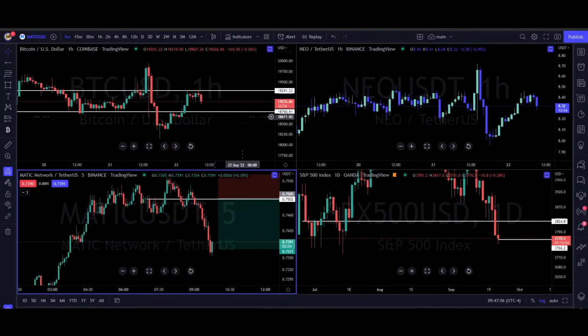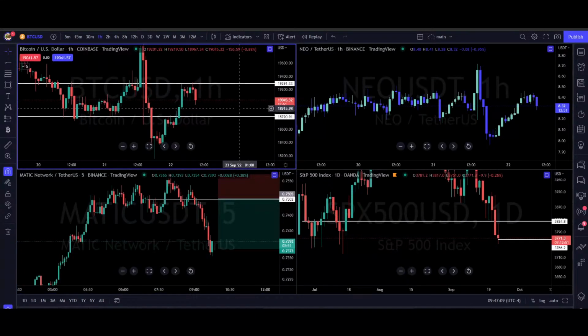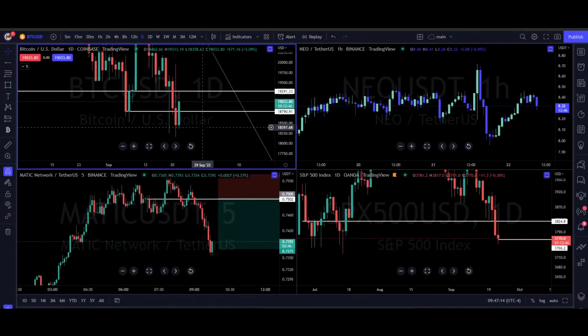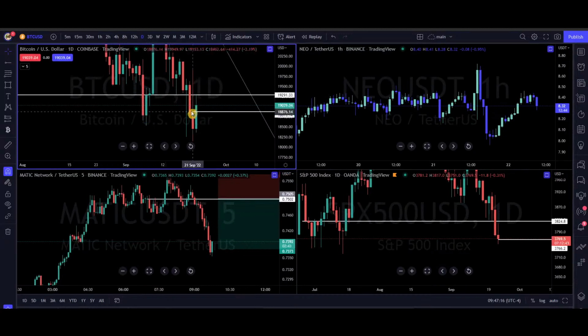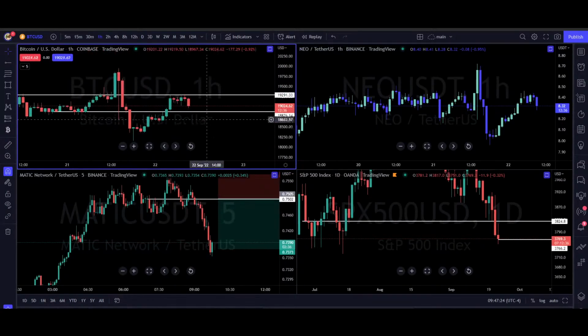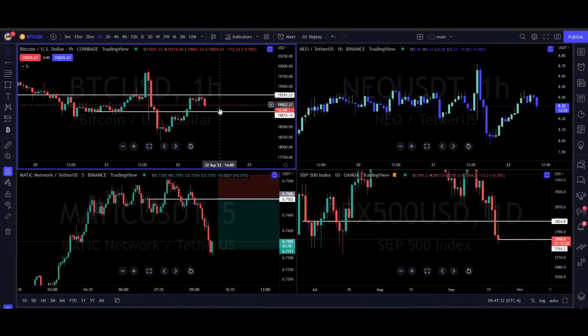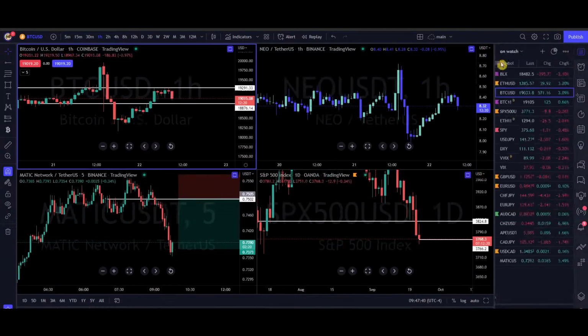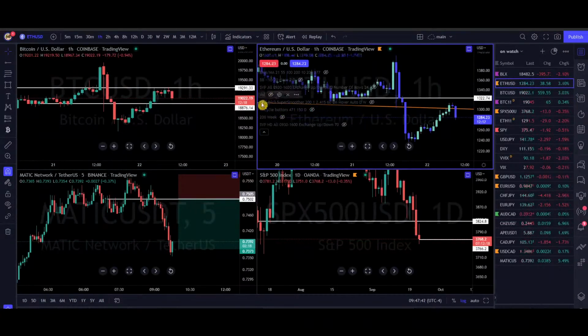Bitcoin's not getting an outsized move to the downside here. Bitcoin is still very much green on the day. Your last bullish hope would probably be demand at 18,876. You definitely don't want to see any hourly closes under that. If you think you're going to see bullish continuation, it is possible that the markets find support, but the short was definitely there on most of the assets that we were watching.